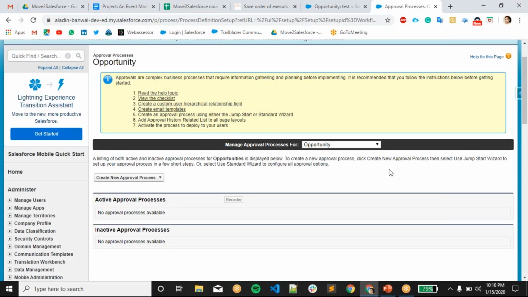It should be approved by the manager that it is going to be lost, or he will coordinate further on that. Based on this requirement, we are going to create the approval process.